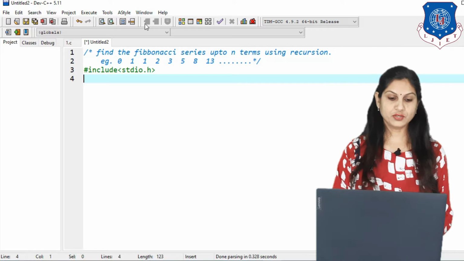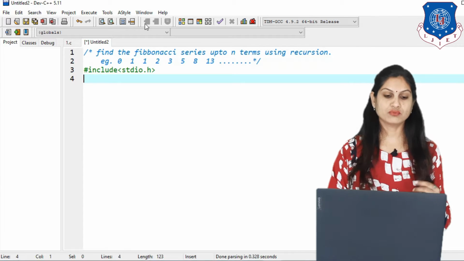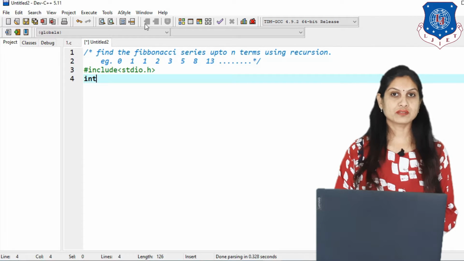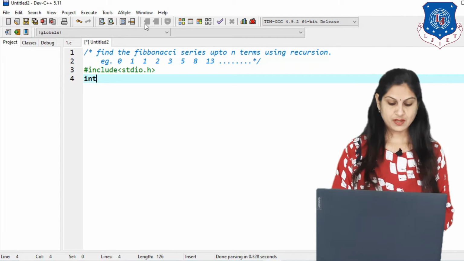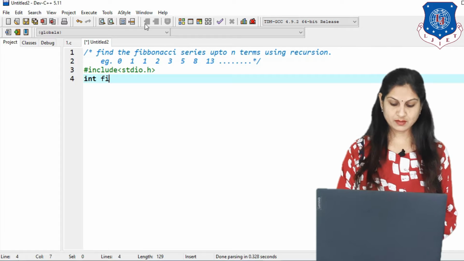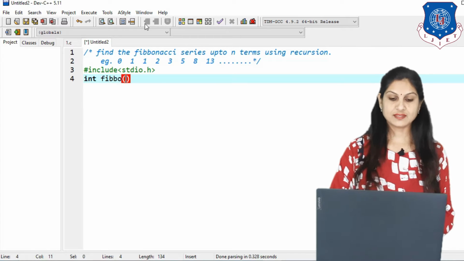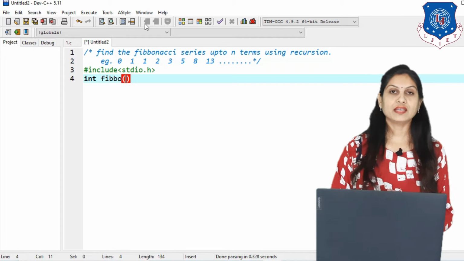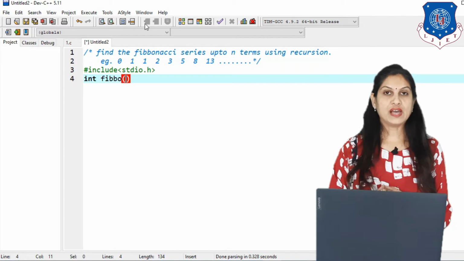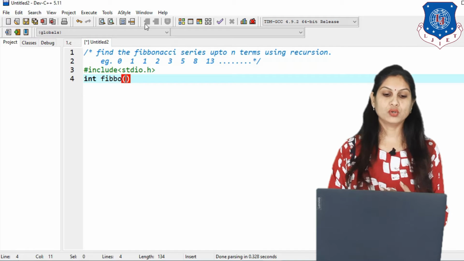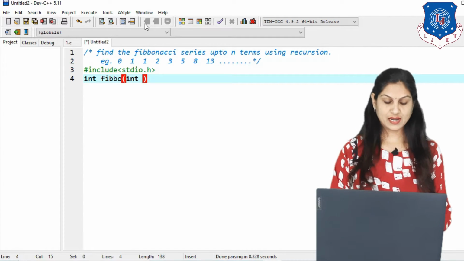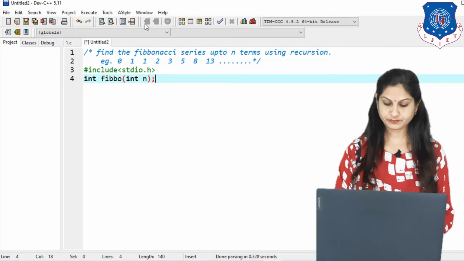The data type is integer, that is the return type, then the function name, suppose Fibo, and inside it we pass how many terms you want. Suppose I enter n equals 5, then you find 5 different terms: 0, 1, 1, 2 and 3. So for that we write int n.